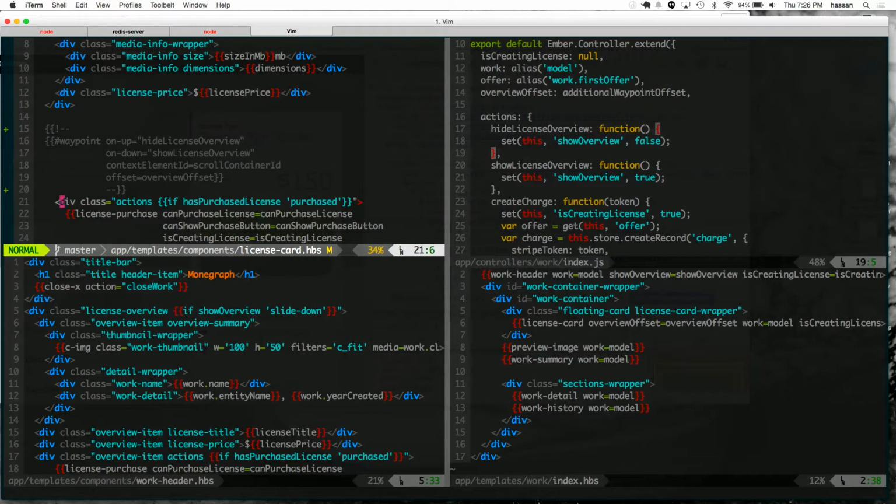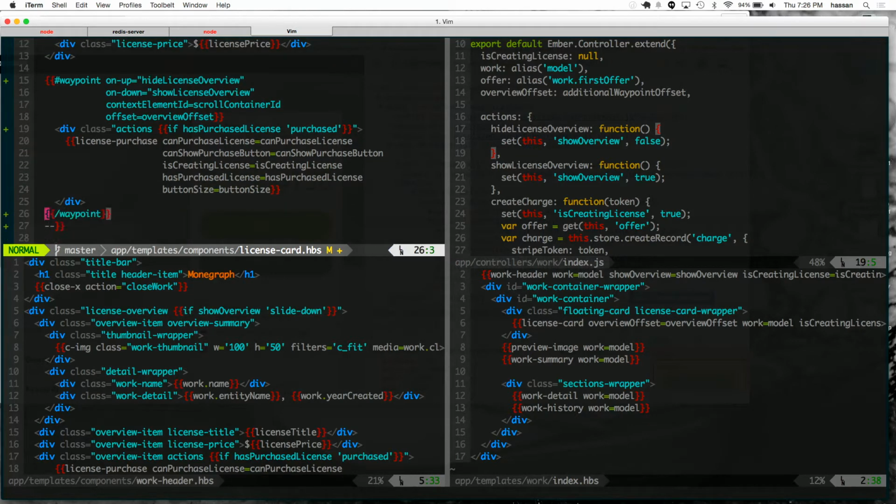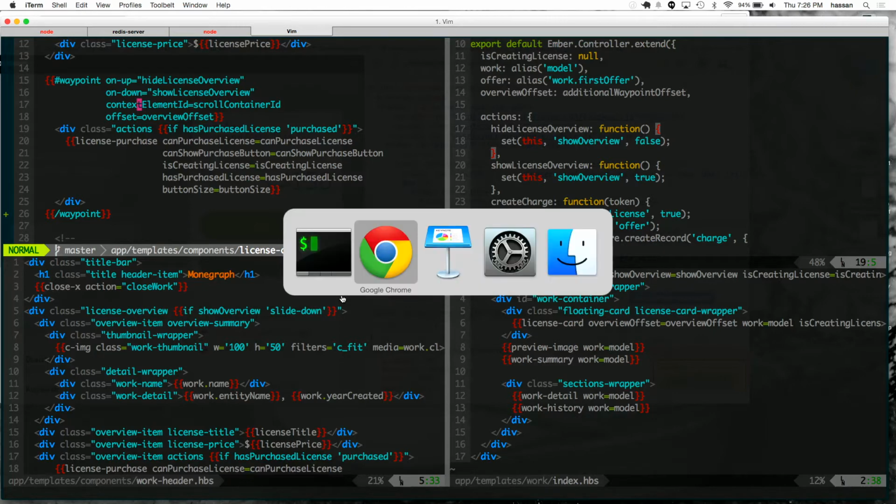And so this is that license card. So I have taken the liberty of setting up the waypoint. I'm just going to uncomment it here. And so in the waypoint, what I'm doing is I'm going to fire the action hide license overview. It's going to hit that controller that we just saw. I also have a context element ID. If you recall in the screen here,